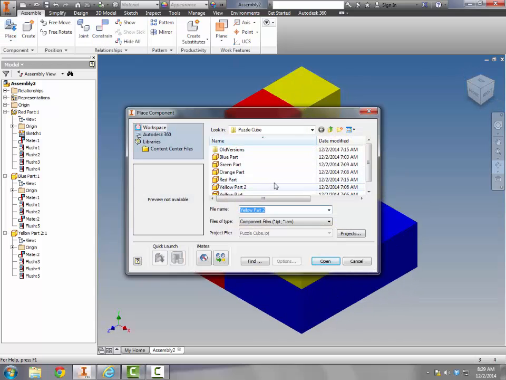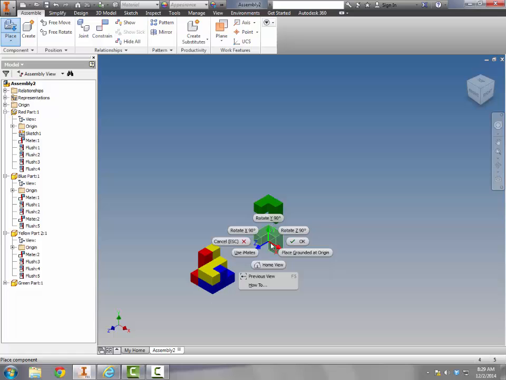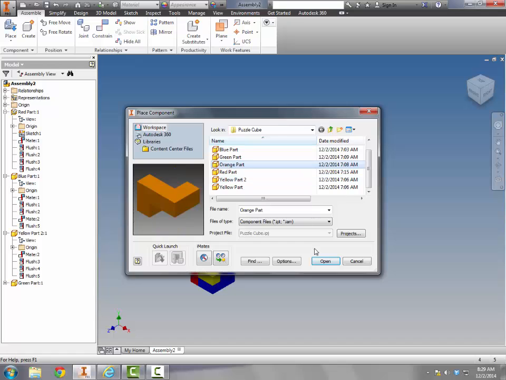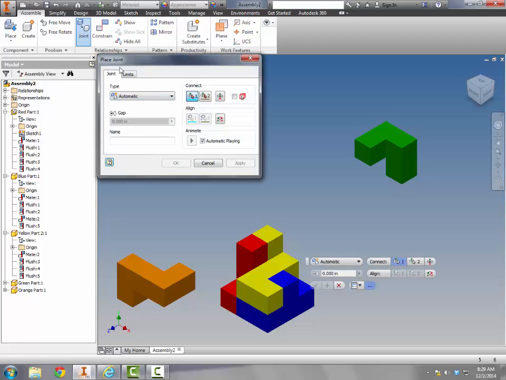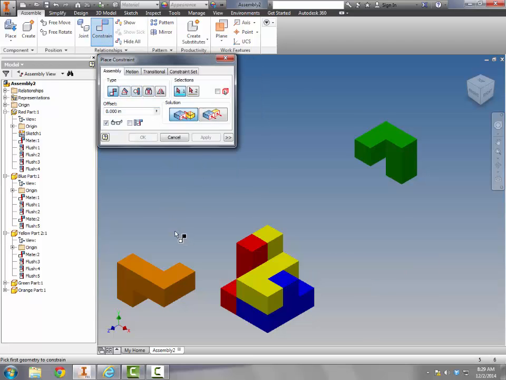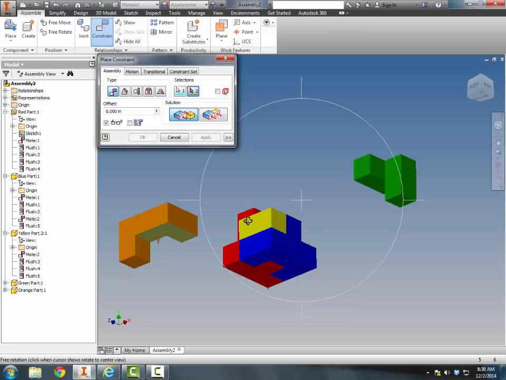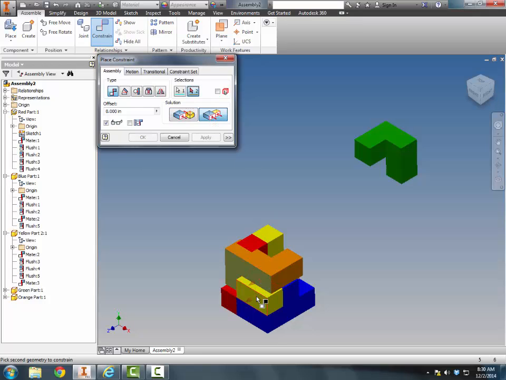Last step then would be the last 2 pieces. I'm going to bring them both in at the same time. If you're able to bring all 5 pieces in and it's not necessarily going to confuse you, you can go ahead and do that. If you want to work one piece at a time as you're building it, that's okay as well. Okay. So I'm going to quickly constrain these ones as well. Again, I'm using the mate constraint. I want to mate this face, top of the yellow here, apply, switching my solution to flush this edge with this one, apply, and flush this one with this one, apply,